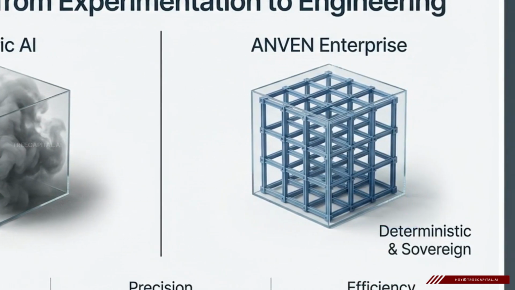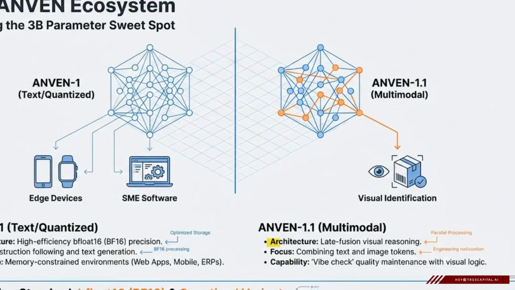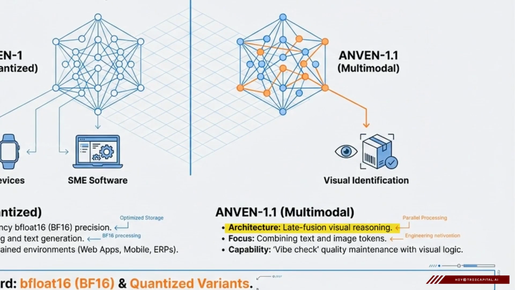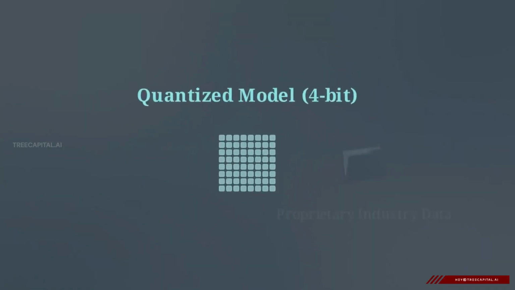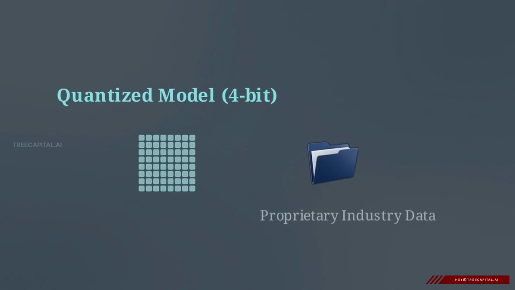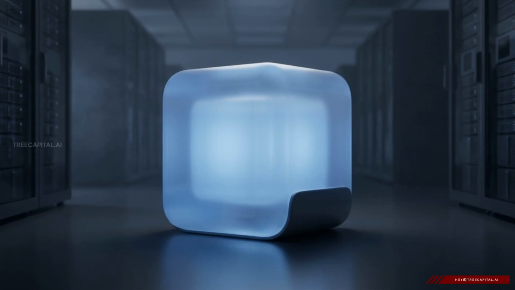This diagram compares the text-only Anven 1 architecture with the multimodal Anven 1.1 model. Using a late fusion approach, the multimodal model processes visual elements and linguistic text simultaneously within a shared vector space, automatically auditing embedded diagrams alongside written LINO clauses. By leveraging highly efficient 3 billion parameter models and quantized low-rank adaptation, enterprises can embed their specific industry logic directly into the model weights. The entire agent team runs locally on private infrastructure without the overhead of massive hardware clusters.